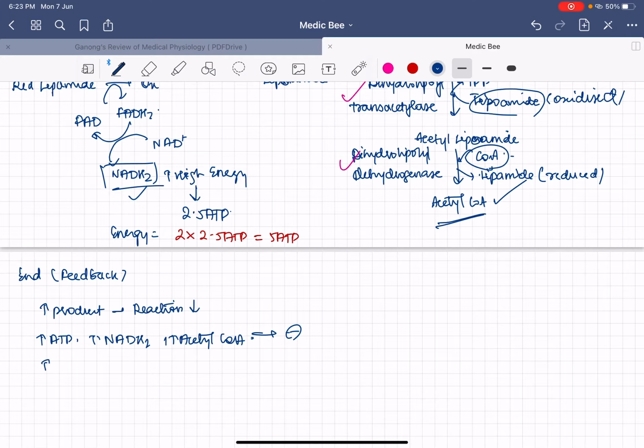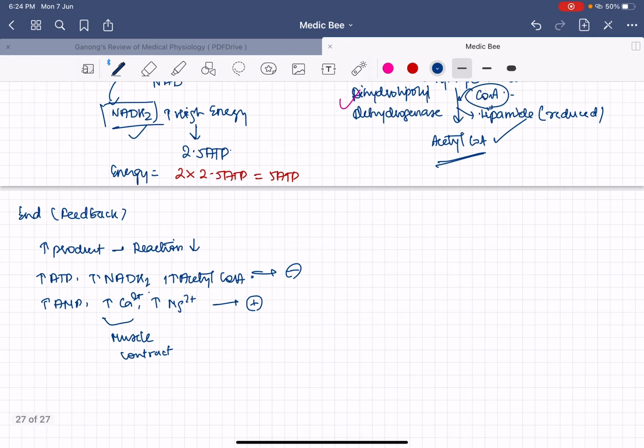But when there is an increase in AMP, an increase in calcium, an increase in magnesium, all that will activate the enzyme. So calcium and magnesium, you can understand it like this: when will calcium be used? Muscle contraction. In muscle contraction, what will be used? ATP will be utilized. So the body will think that more ATP is going to be synthesized. So calcium will be acting as a